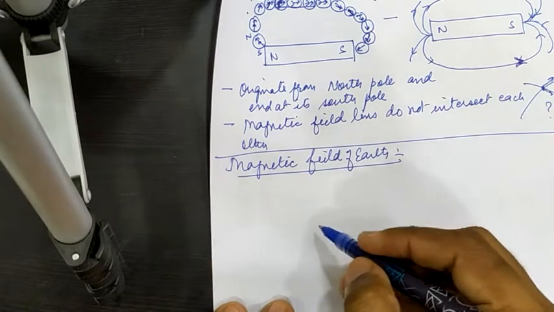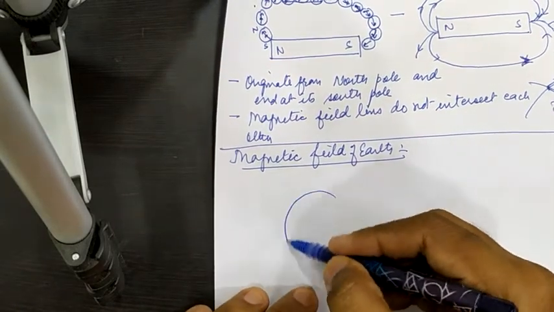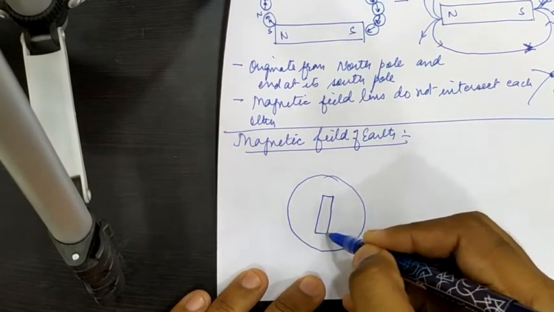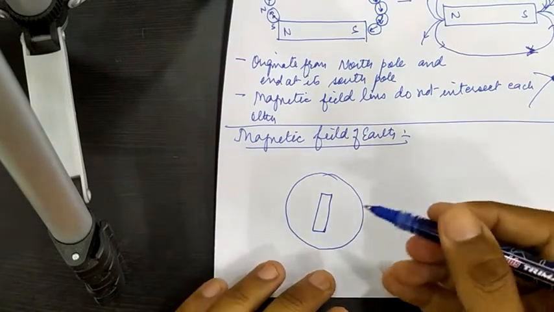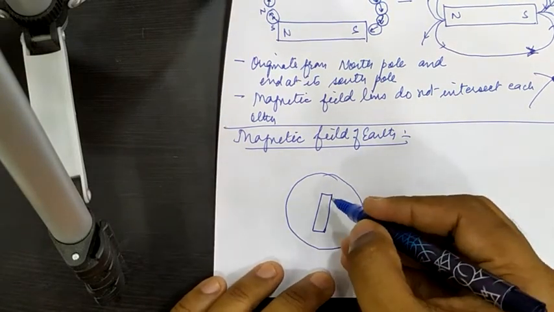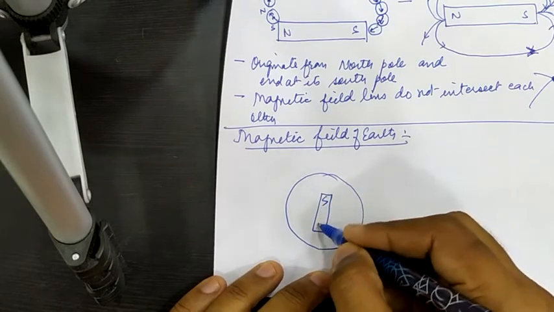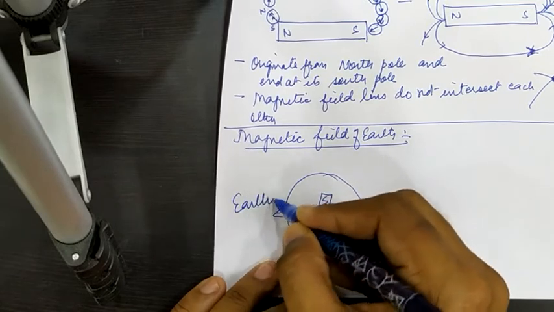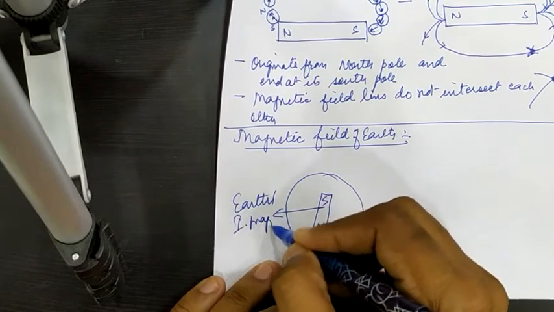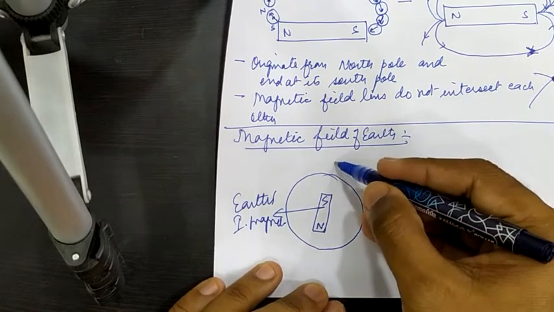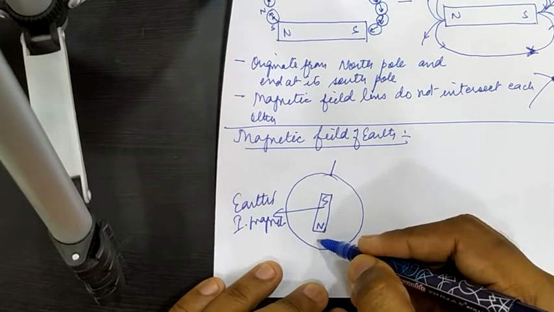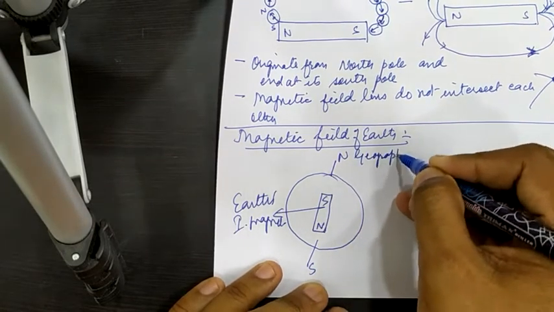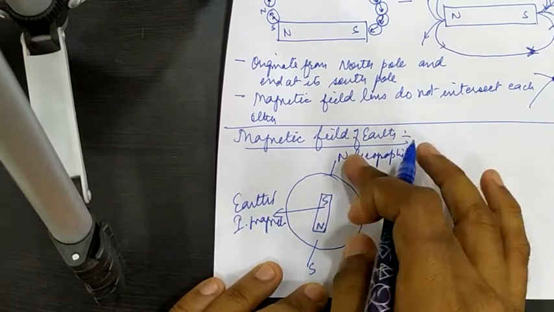Let us suppose this is the Earth here. Got it? So there is a huge magnetism. There is a huge stock of molten iron in the Earth's crust, so that behaves like a huge magnet. We can suppose that this is an imaginary magnet, Earth's imaginary magnet. So this is the North Pole and South Pole. These are the geographic north and geographic south, the geographic North Pole and South Pole.